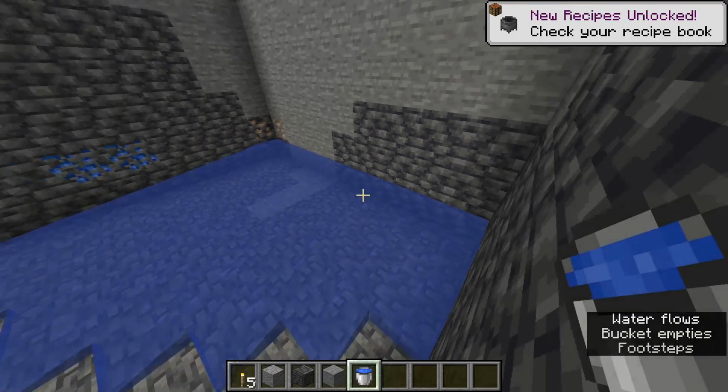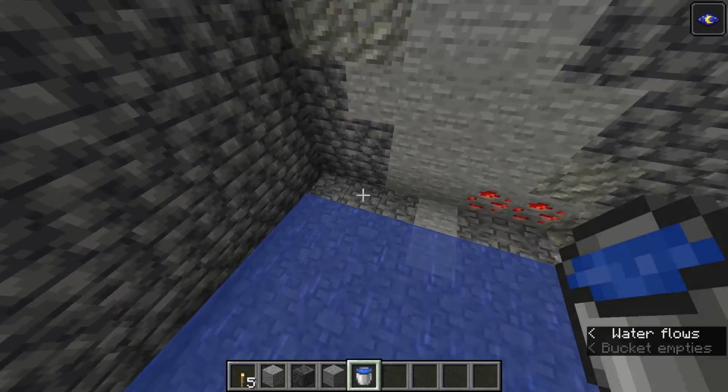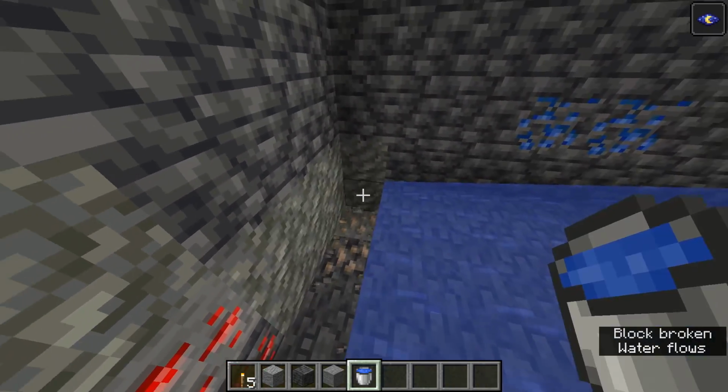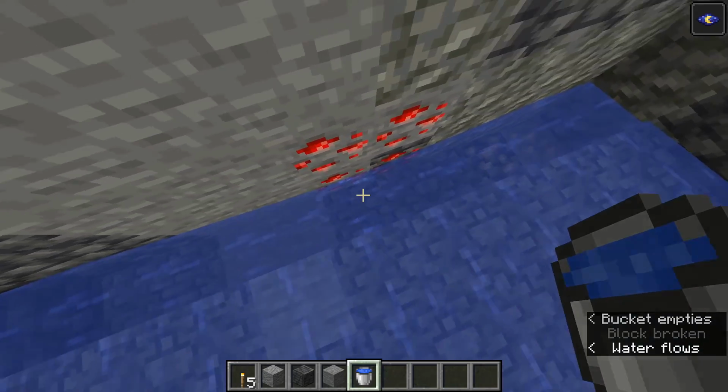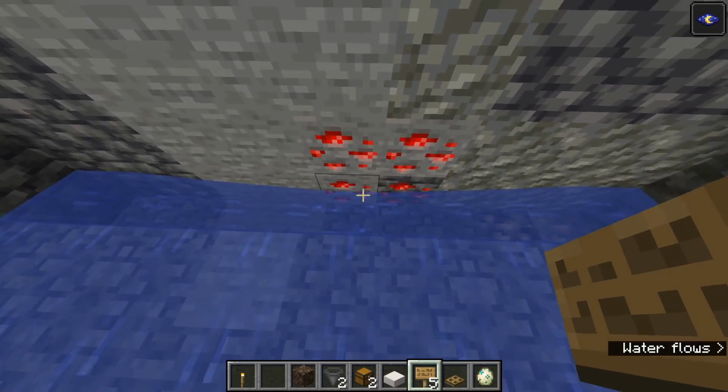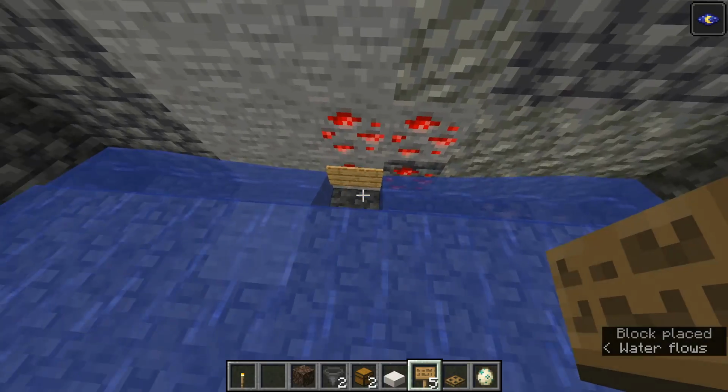So on one side, what you want to do is just place 9 water sources, just like that. Then you can go ahead and clear a bit of a channel right here. Place a water bucket there, and we'll move on to the next step from here. Next, what you want to do is come right here where these 2 water streams meet in the middle and